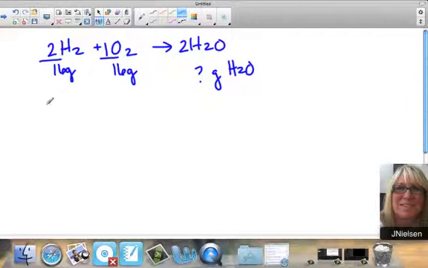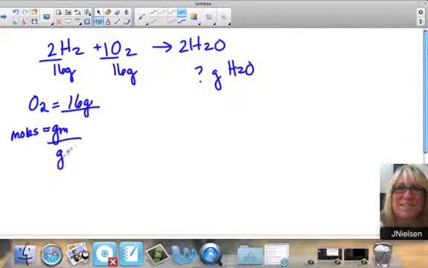So for example, for O2, if we take the 16 grams that we're starting with and we divide it by the GFM, because this is just simply moles equals given mass divided by GFM. So 16 divided by O2, O2 is 32 grams. That gives me 0.5 moles